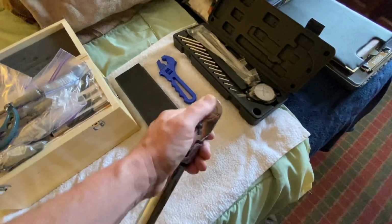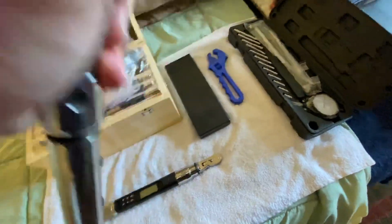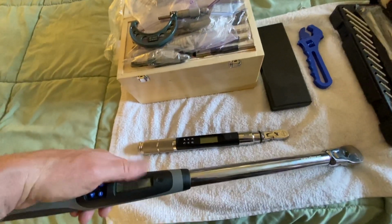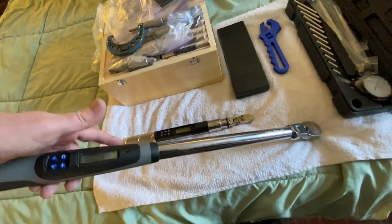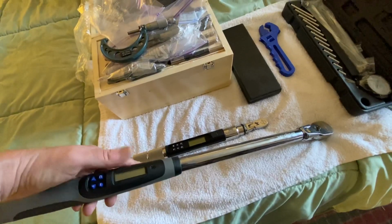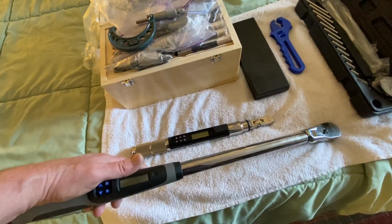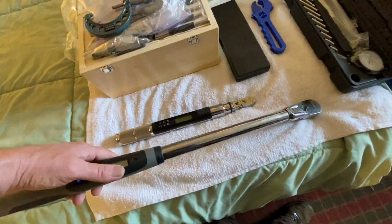Both of them have flex heads and a close tolerance ratchet. And what's also cool about these is it not only does inch pounds, Newton meters, foot pounds, it also does angle. You cycle through, hit reset, hit angle, and it calibrates itself where it's at. And if you have a stretch bolt that you torque to a certain torque, then turn 90 degrees, torque plus 90,